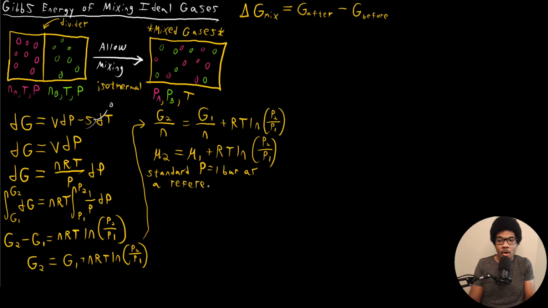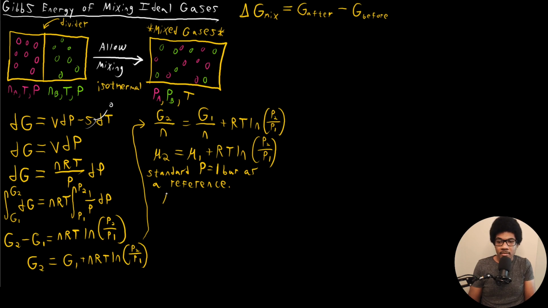Since you have all of these different thermodynamic variables that are tabulated at standard pressures, this gives us a good reference point for calculating the free energy change at any point, or the chemical potential change at any point. So basically what we're going to do here is re-express this with standard pressure being our reference